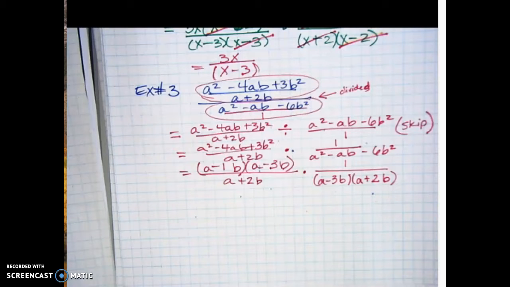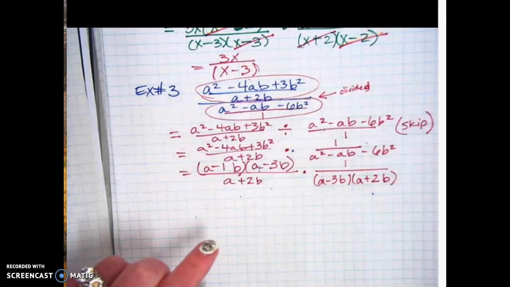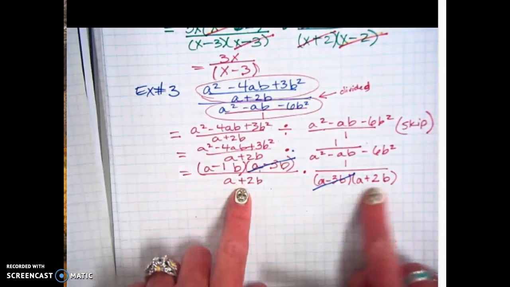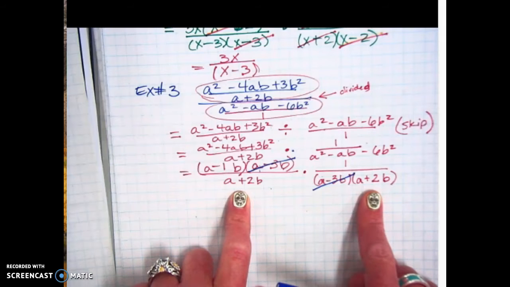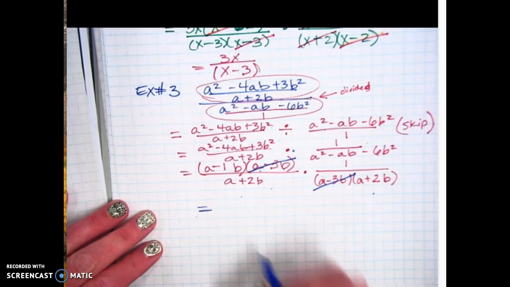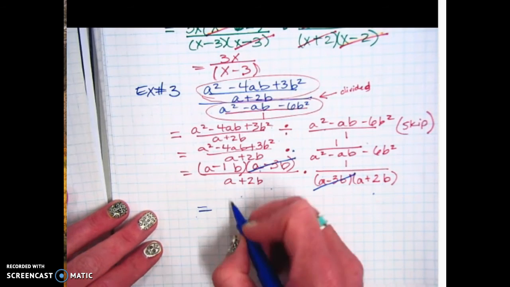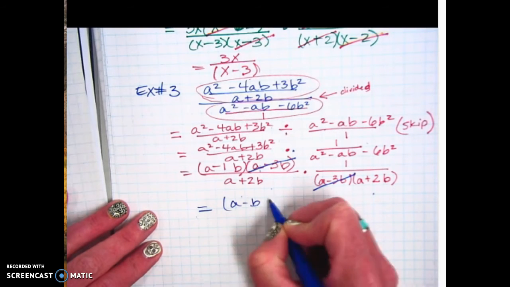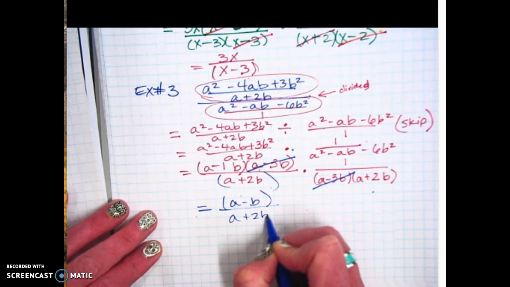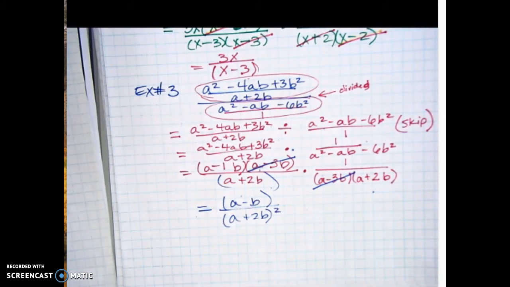Once you have it completely factored, you look for what you can cancel. All right, I see the a minus 3b and the a minus 3b. Can I cancel the a plus 2b and the a plus 2b? No, because they're across from each other. Okay, so we actually have more left than we did on the other one. So in the numerator, we have the a minus b. And in the denominator, we have 2 of these, right? So I'm just going to say a plus 2b squared. Okay? If you wanted to write that a plus 2b times a